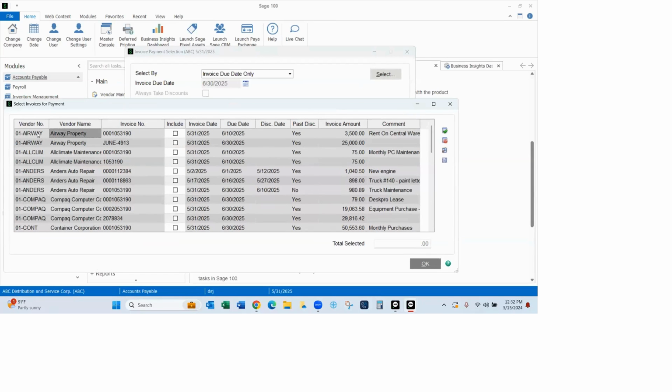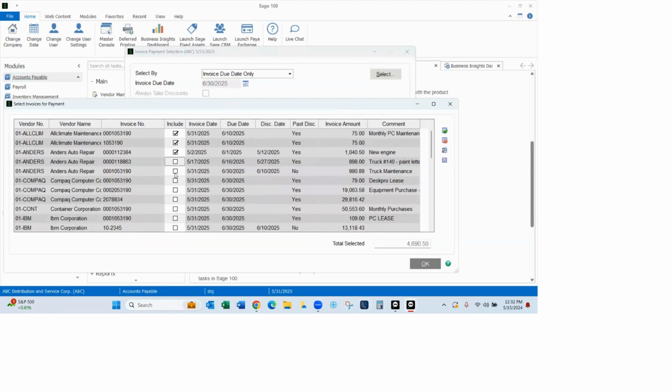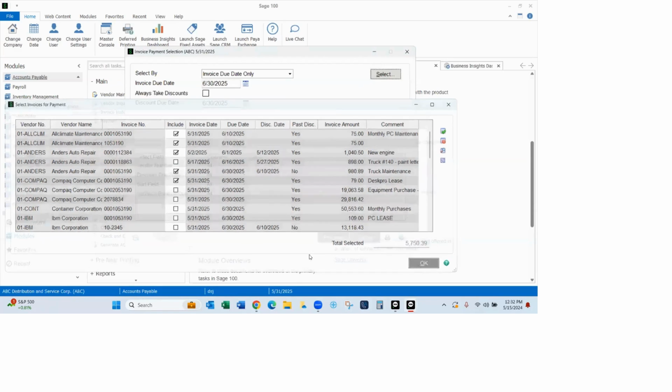Another key little trick is if you want to select multiple invoices, hold your control key down and just start clicking away. Sorry about that. Just come in here. They changed it on this new version here. Boom, boom. Okay, so now when I click OK,